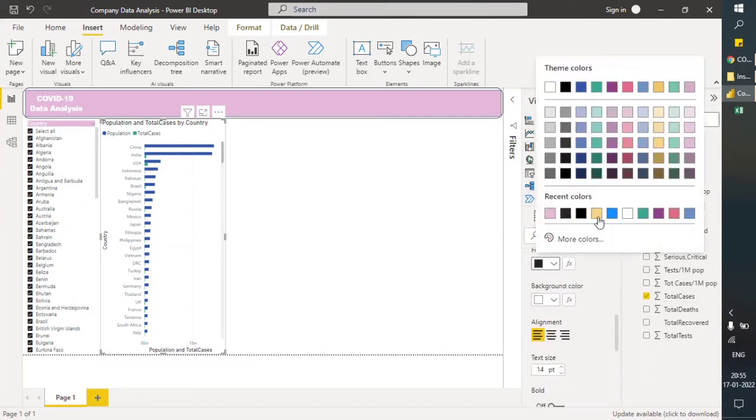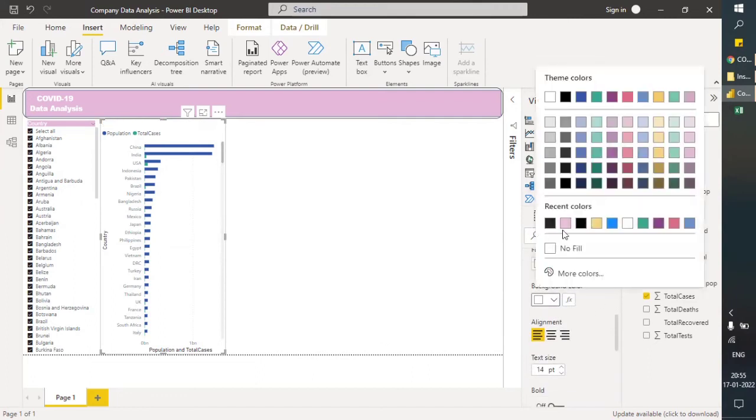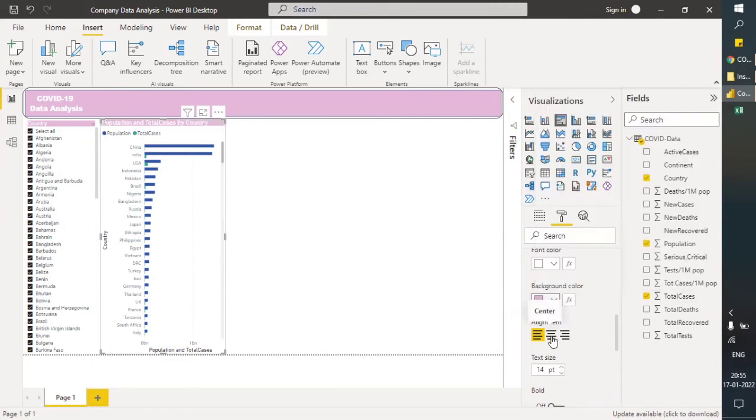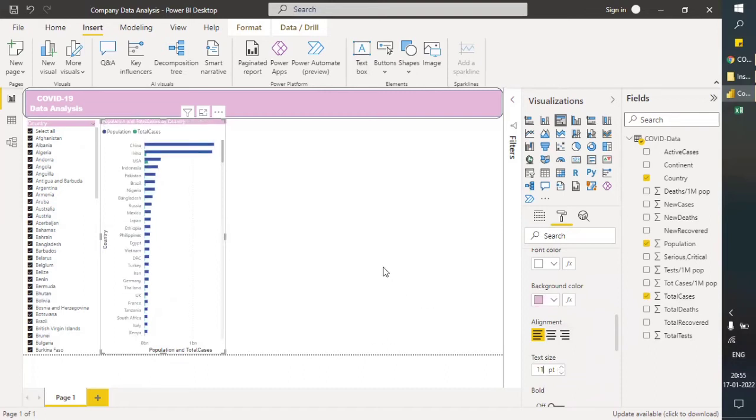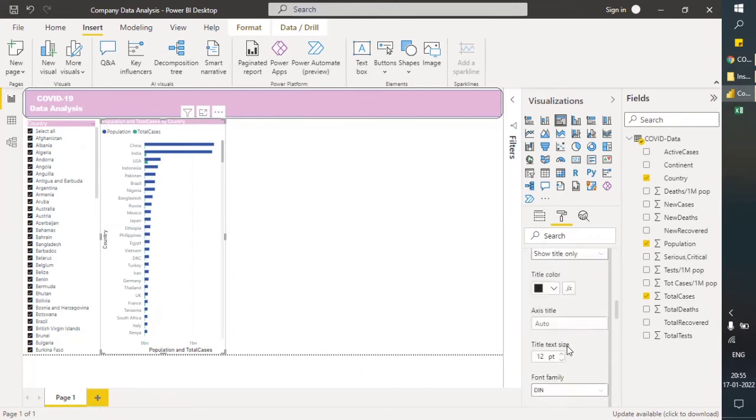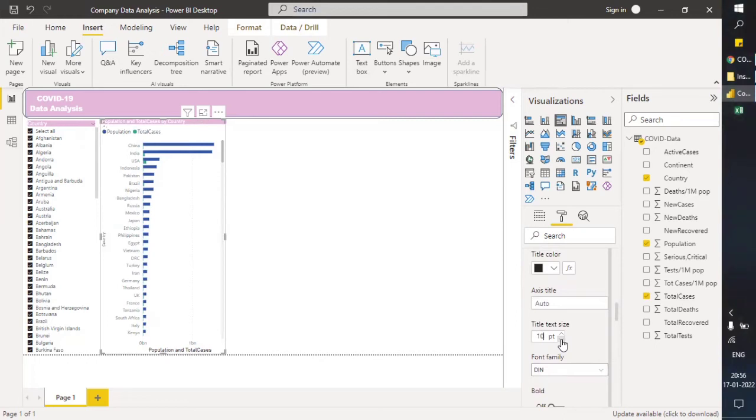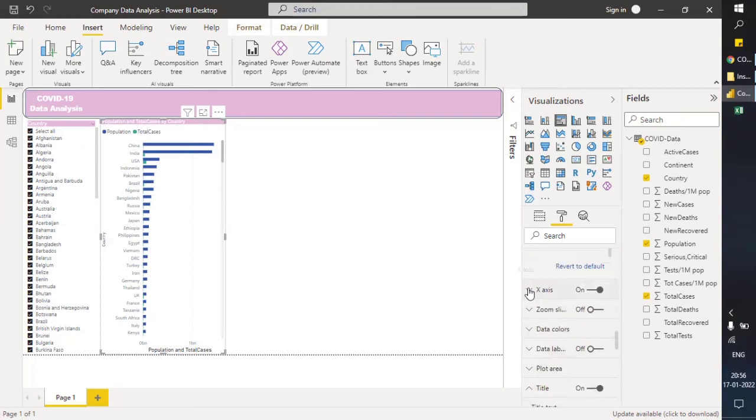Font should be white, background should be this. Let's keep it on the left hand side, and the title should be 11. And x-axis 9, perfect. Y-axis and x-axis we have here.